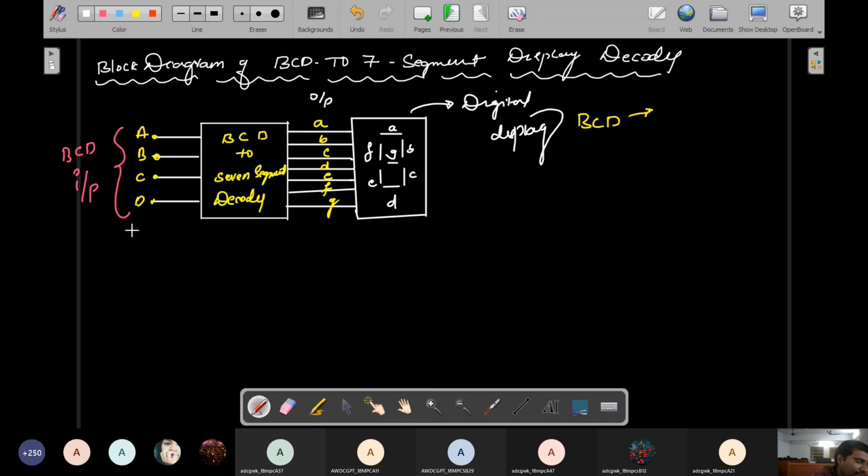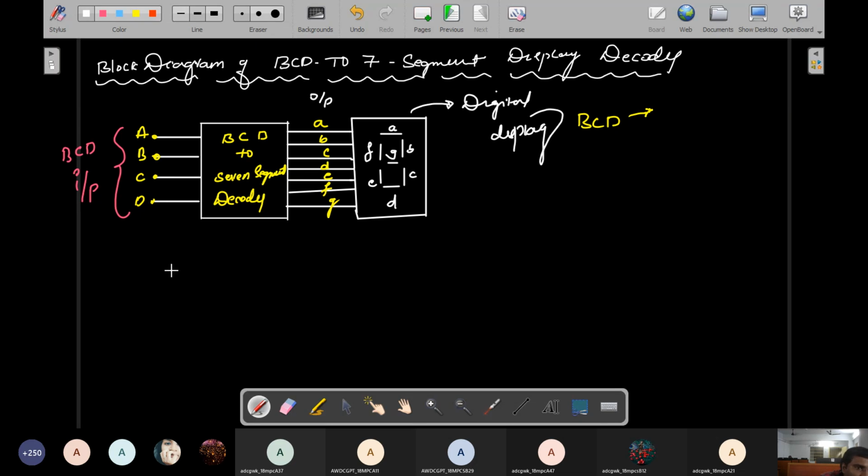Generally, if you draw the truth table of this diagram, you can understand the operation very easily. What is the procedure, and how do we get the output using these four inputs? You can clearly understand by seeing the truth table. So this is the logic symbol, actually a block diagram of the seven segment display decoder. Please note, everybody. I'll explain in the truth table, where you can identify it easily.